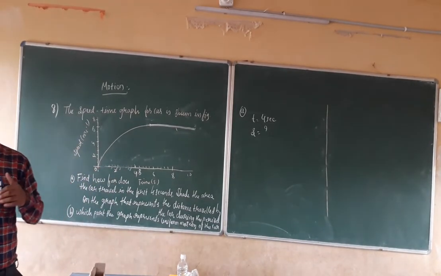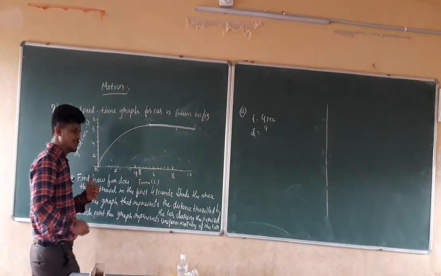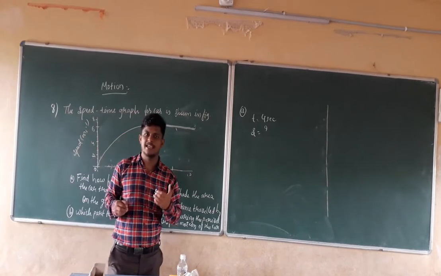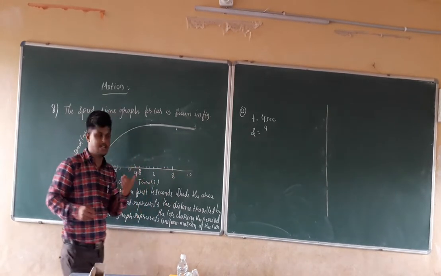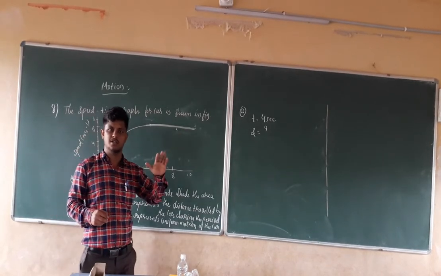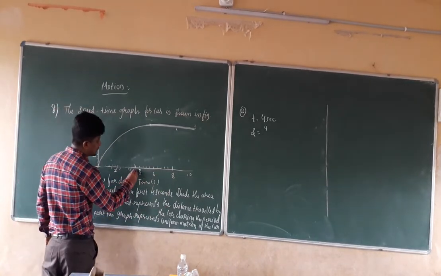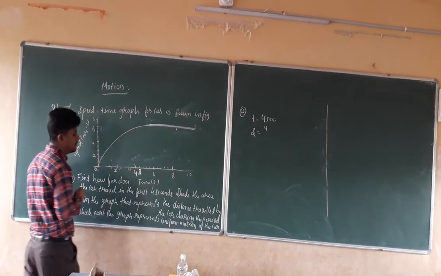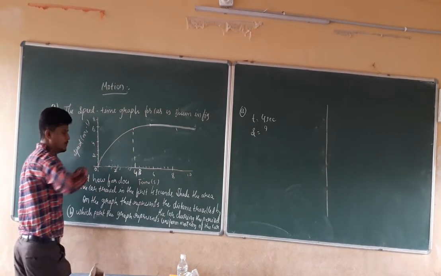If you remember, in a graphical representation, to find the total distance covered, we have to take the area. After that much time, we take the area, and by using the area we find the total distance covered. So we check here. After 4 seconds, at point B, we plot another line so that we get the area.